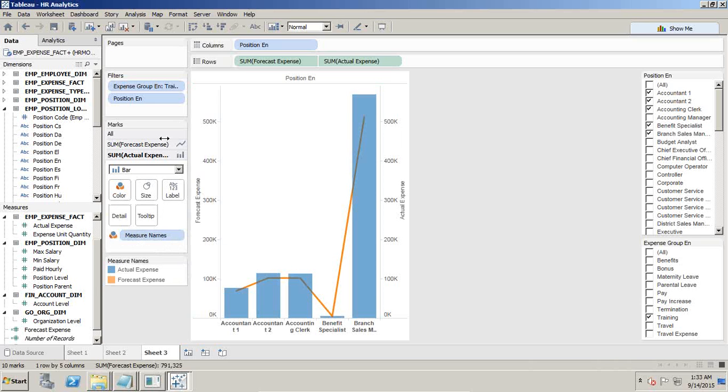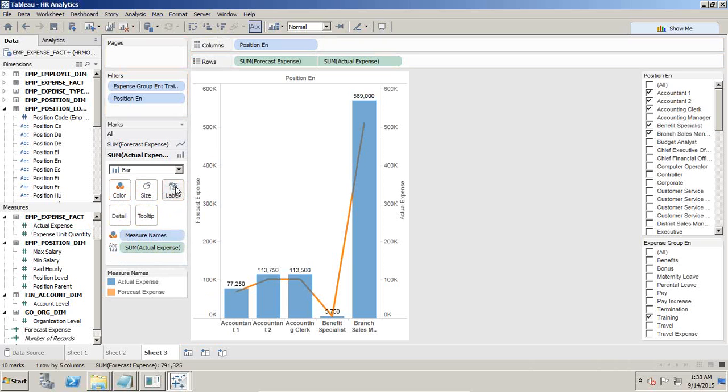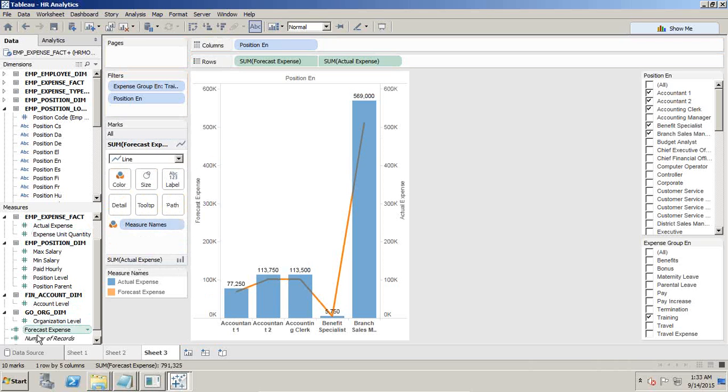In addition to this, I also like to display measures so that people can easily read it. So actual expenses I display as a label, and forecast expenses also I display as a label. Because they are currencies, I'd like to format them as well.